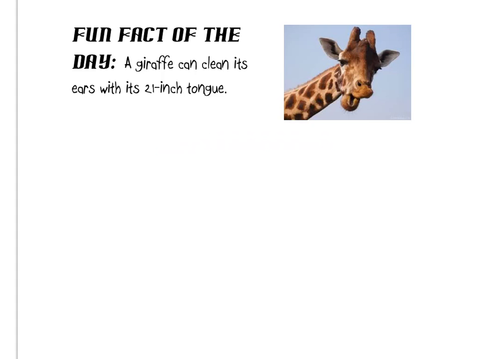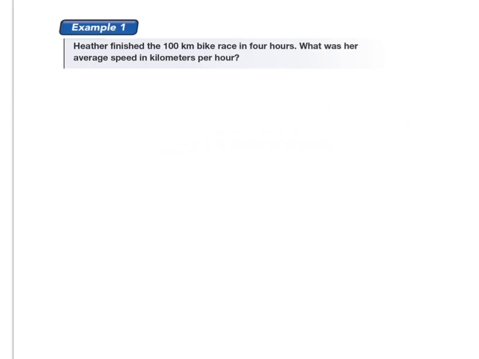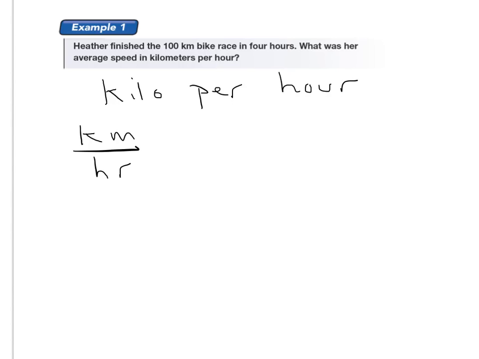Alright, let's get going with some of the examples. Example 1, Heather finished the 100-kilometer bike race in 4 hours. What was her average speed in kilometers per hour? Okay, well, kilometers per hour means, it's a fancy way of saying kilometers divided by hours. Okay, split those kilometers up into how many hours there are,